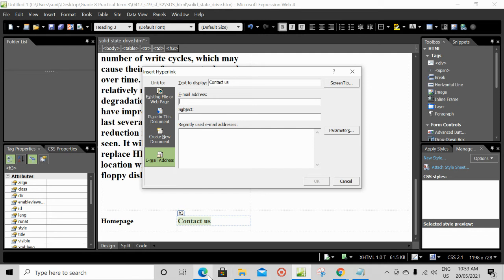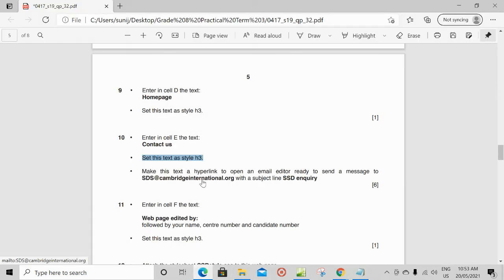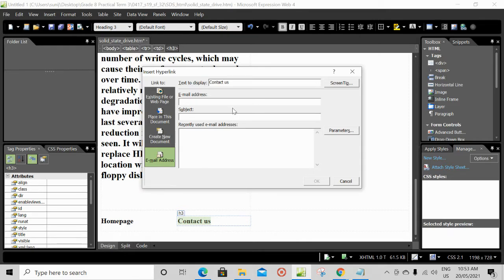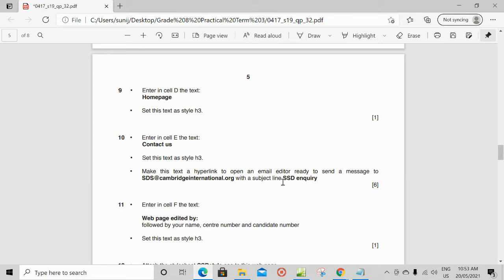The email address is already given in the question paper. This is the email address. Copy email address, paste it here, and the subject line is also given, SSD inquiry. So this is the subject line. Copy SSD inquiry.